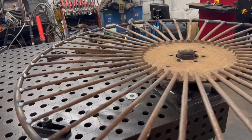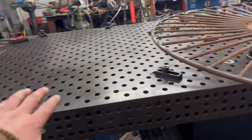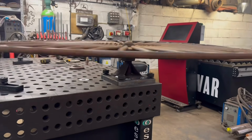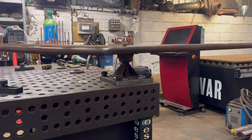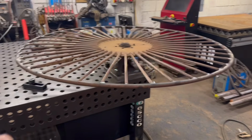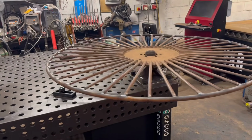Right, so I've got it welded up all the way around now, but it's gone a bit wobbly. When I welded the first side up and it was clamped down to the bench, it was all right, but now when I welded it up on here, it's gone a bit wobbly. So I might just see if I can straighten it a bit. So I think I'll take it back off there, sit it the other way up again, back on the bench, and then not quite sure what I'm going to do, but